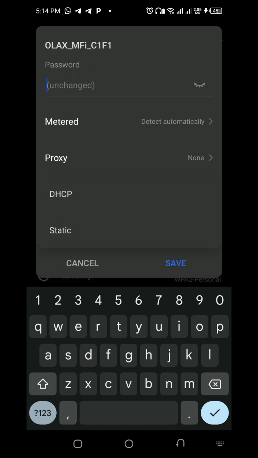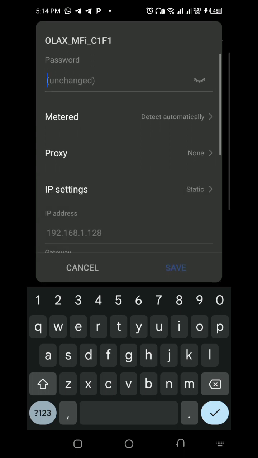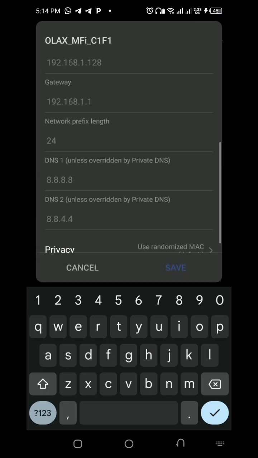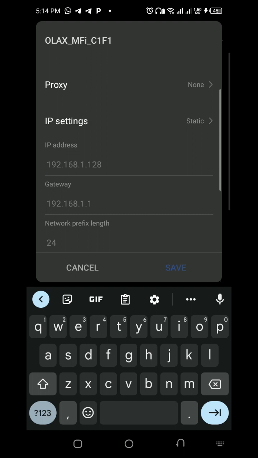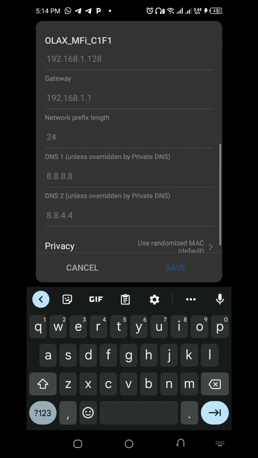That arrow that is pointing down. You will see IP settings. You see proxy. Leave proxy. Don't do anything to proxy. And you see IP settings. Click on IP settings. Put it in static. Once you put it in static, this number will come out. So you have to type in this number. This number is